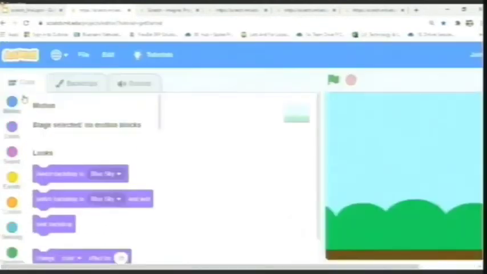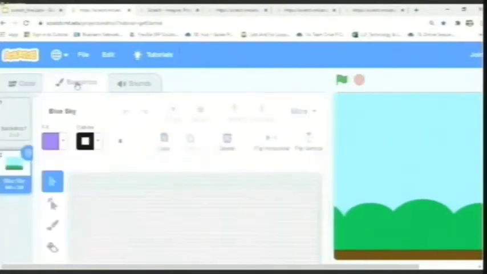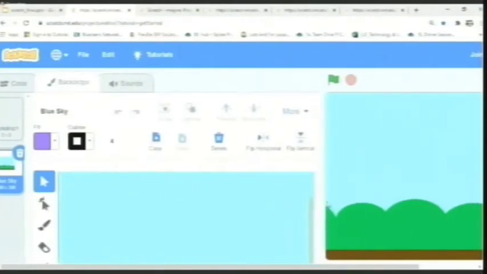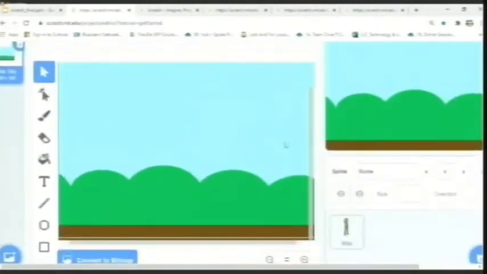So in here, now it is time to learn one more terminology that we were talking about. There is something called code blocks, and next is a backdrop. When I click on this tab, it will take me to another place which will look like this. This window is very, very important for us. Let me glide down. This is an editing place where I can change my background as and when it is needed.